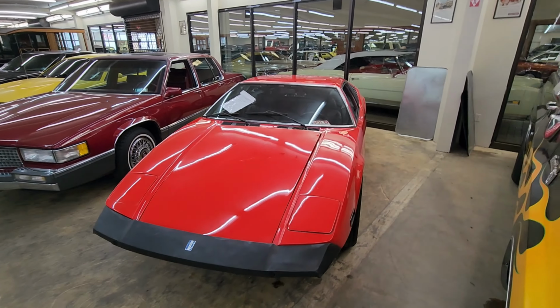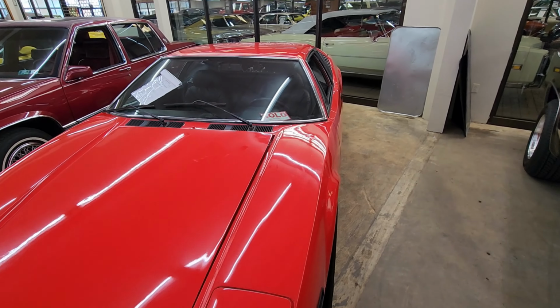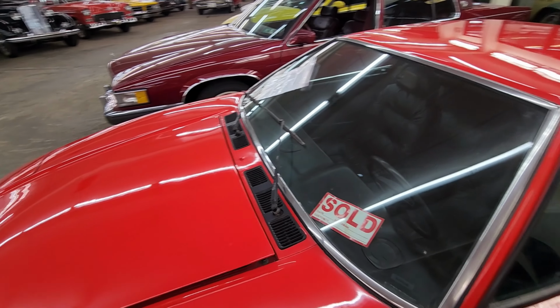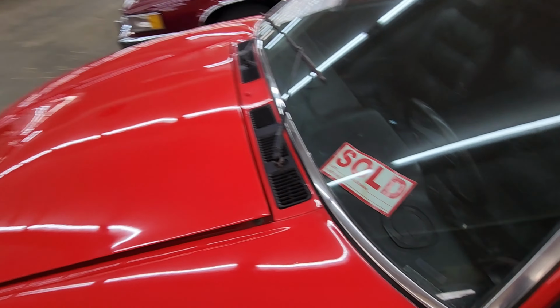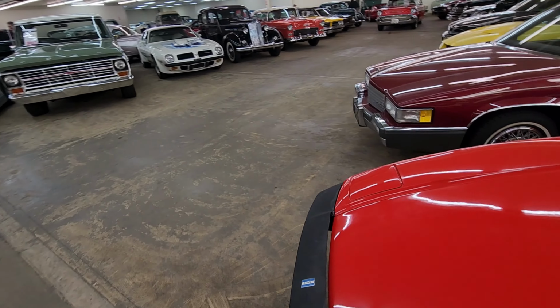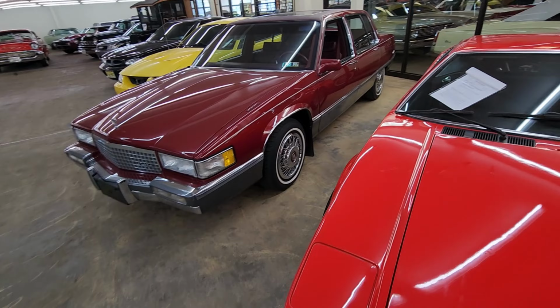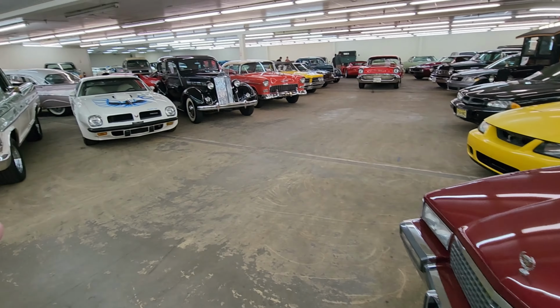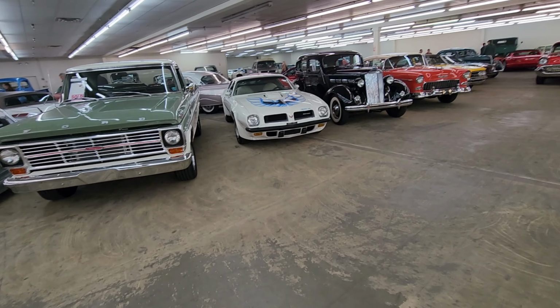Now, for all you haters that constantly comment that prices are outrageous, they're screwing people over here, this is a consignment dealership, okay? And they do sell. Right now, with the amount of cars they have, they're moving approximately 100 cars a month. So I just wanted you to see that. These cars in here right now are sold. So somebody picked themselves up a beautiful